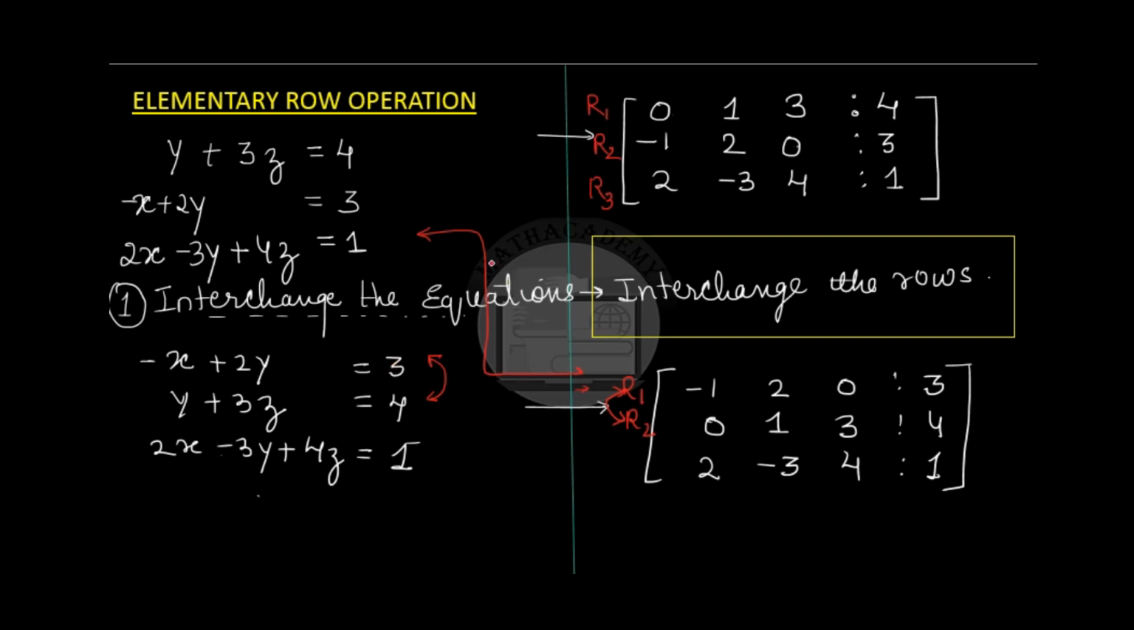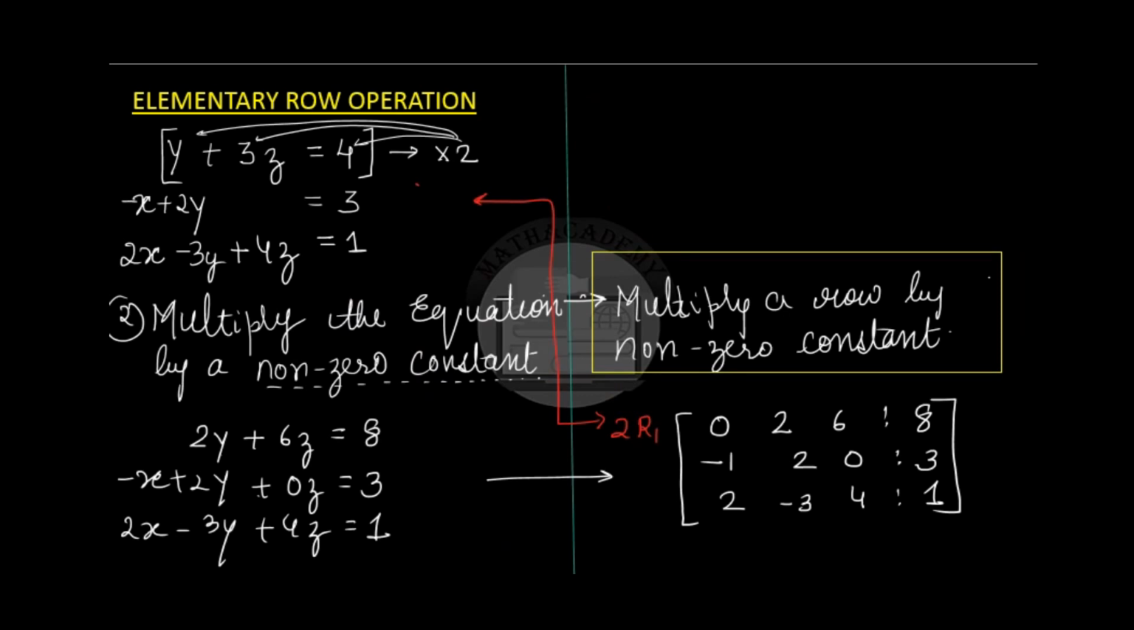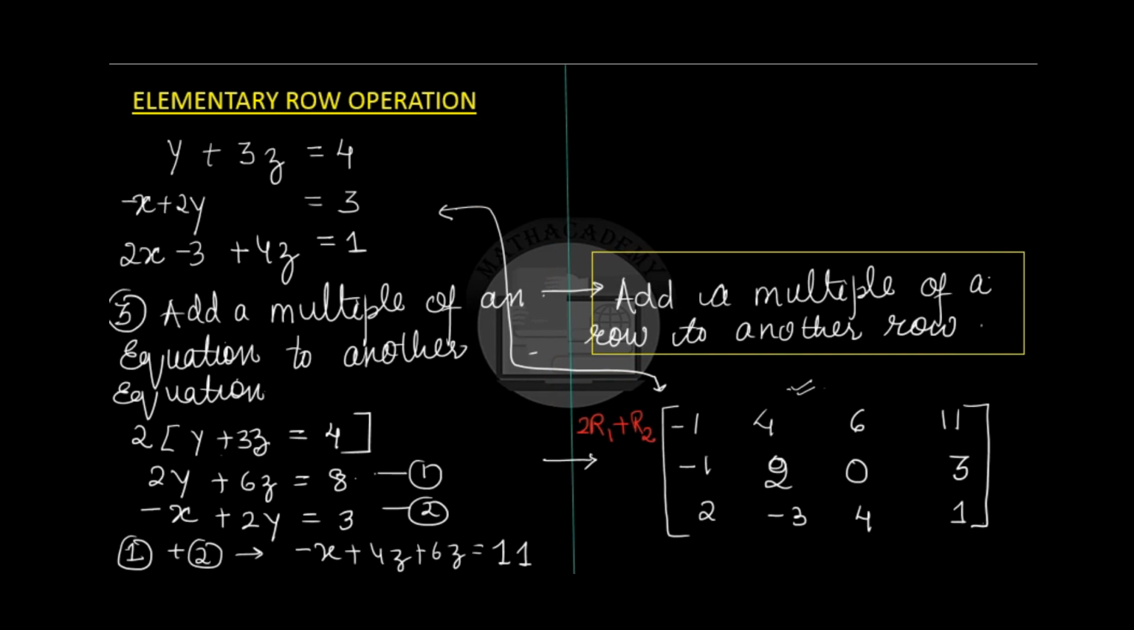The first one is that we can interchange the rows. Second, we can multiply any row by a non-zero constant, and the third is that we can add a multiple of a row to another row. All these are permitted operations, and the matrix that results after performing these operations is called an equivalent matrix, equivalent to the original matrix. Okay, a row equivalent matrix